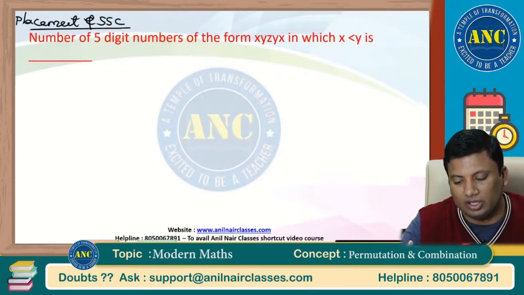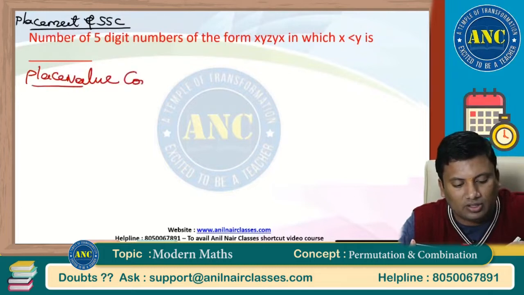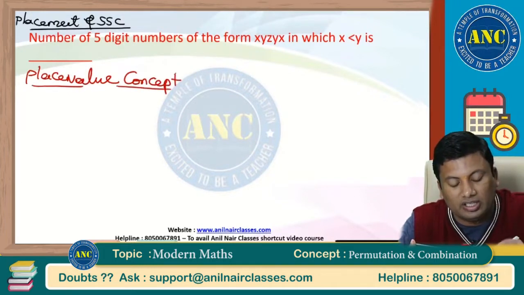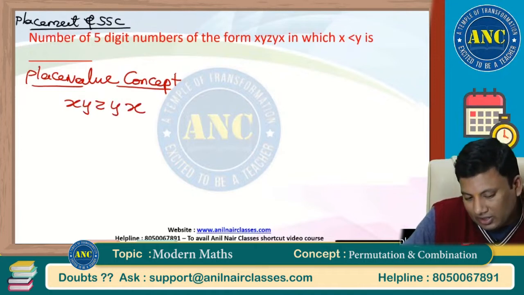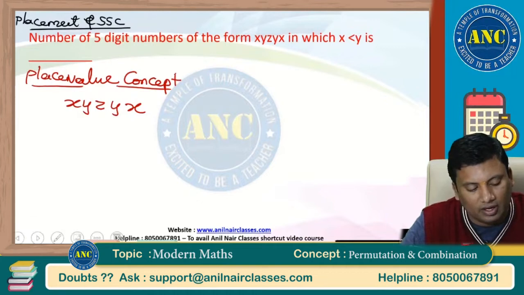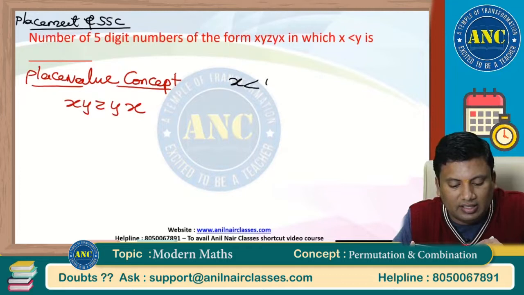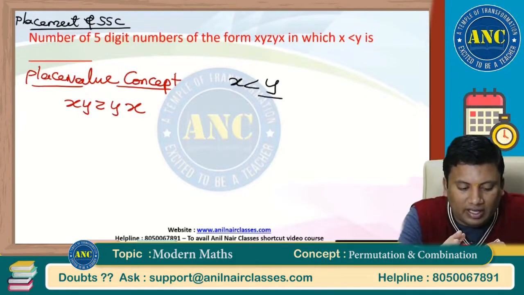Now it is best to use the place value method in the 5th one. Place value concept. Yesterday we discussed the 4-digit palindrome, but right now it is a 5-digit palindrome, XYZYX. Now see here. One traditional method is X is less than Y. If Y is 2,